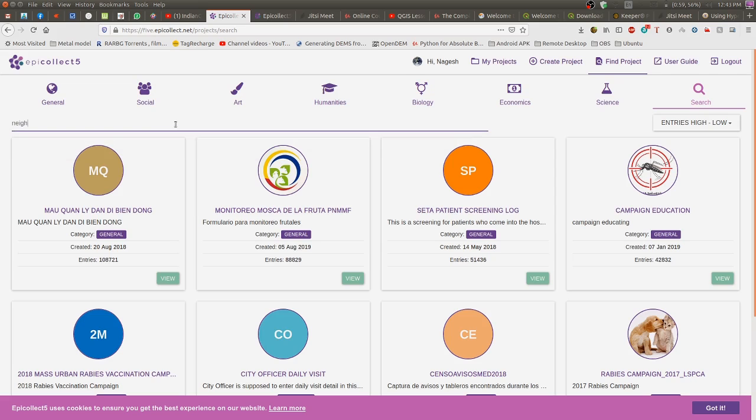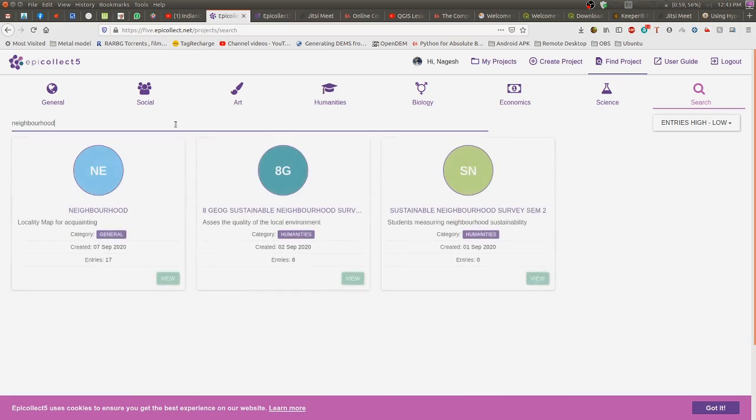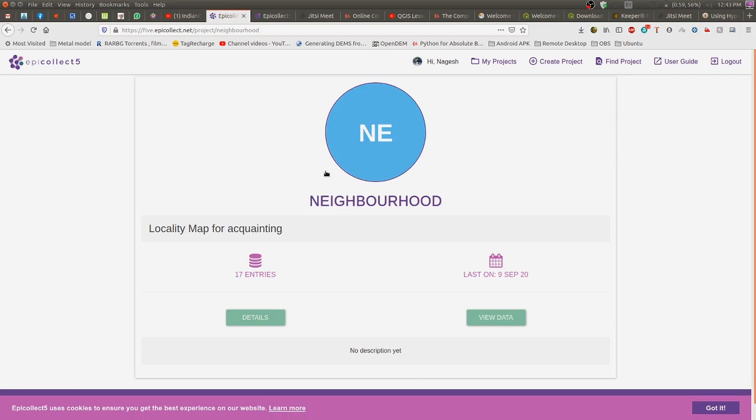It is neighborhood. Let us see whether it is coming. Yeah, this is the one, neighborhood. And let's go to view, and then it is showing there are 17 entries in this database. View data,